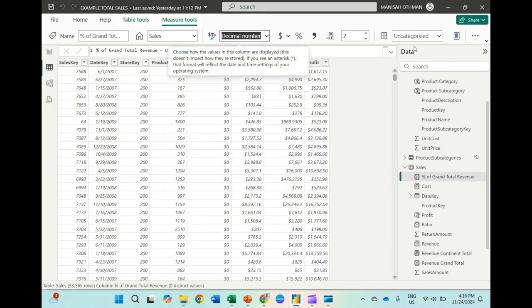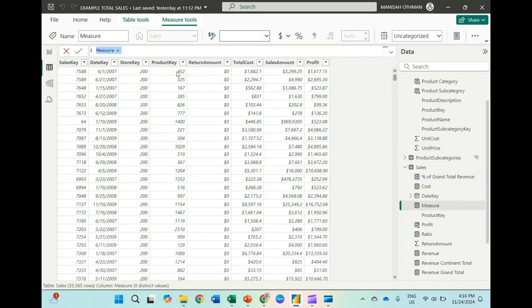Okay, and then you can choose here. This is a new measure. So the measure is percent of continent total revenue equals